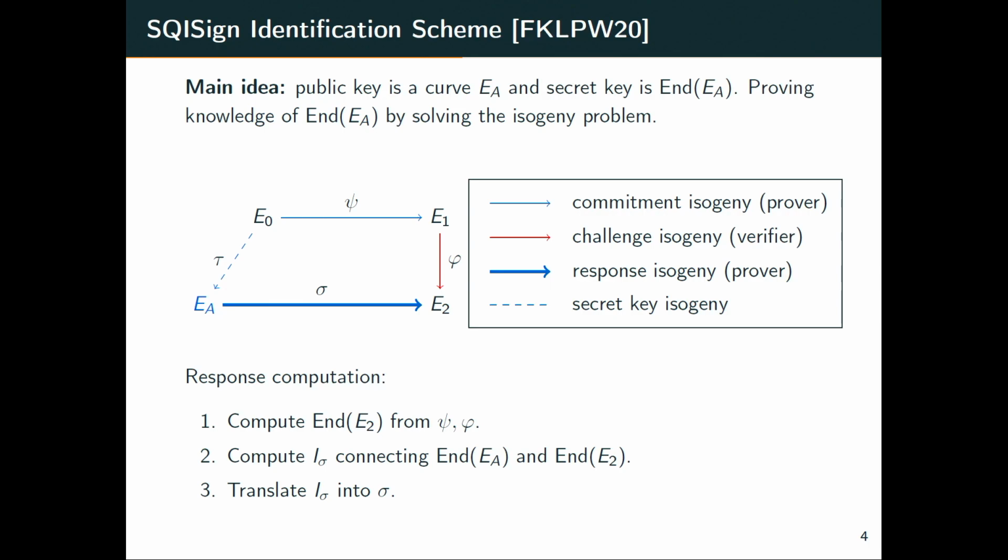And this last part is actually the critical step, and it is for this last step that we need an efficient ideal to isogeny translation. So this is really the goal of the paper, improving this part. And you might wonder why it is the hardest part. And it really comes from the fact that this isogeny sigma is really long. Because our algorithm over the quaternions works quite efficiently, so it's nice. But the path that it finds is really long compared to what you could expect. And the length of this sigma is the problem here.